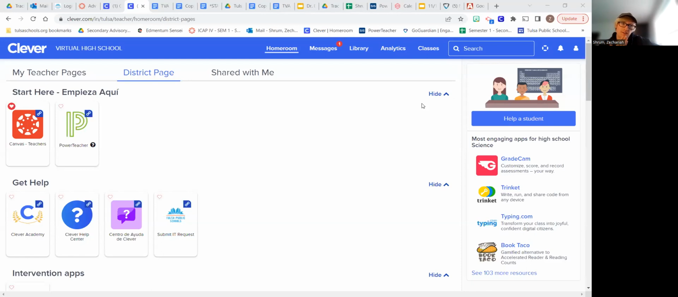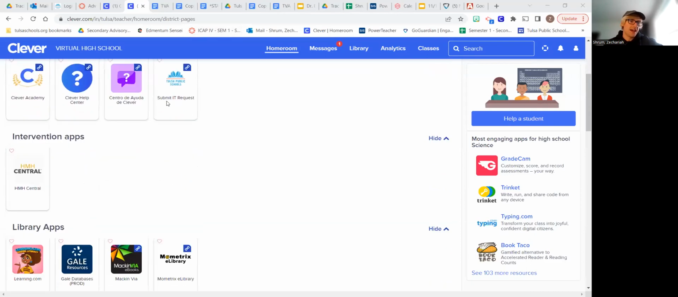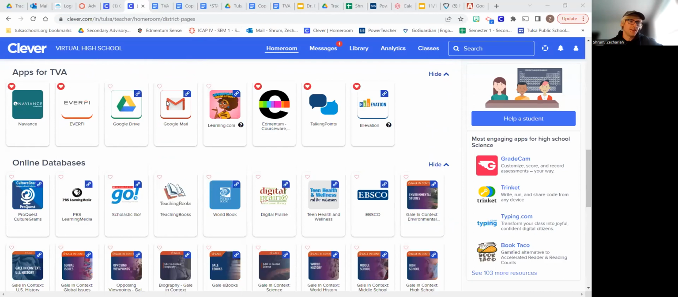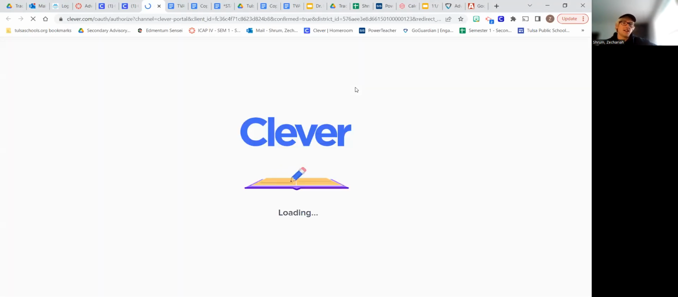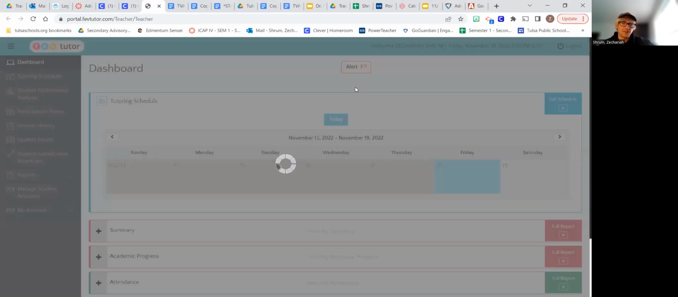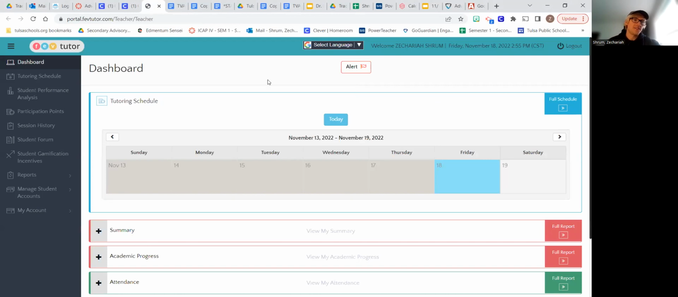So your Clever page will look something like this. And if you scroll down, you'll see more apps, and then this icon right here, FEV Tutor. And you can heart it to favorite it so it shows up at the top of your page. And if you click it, I'll show you the teacher side of FEV tutoring, but there's a button here on